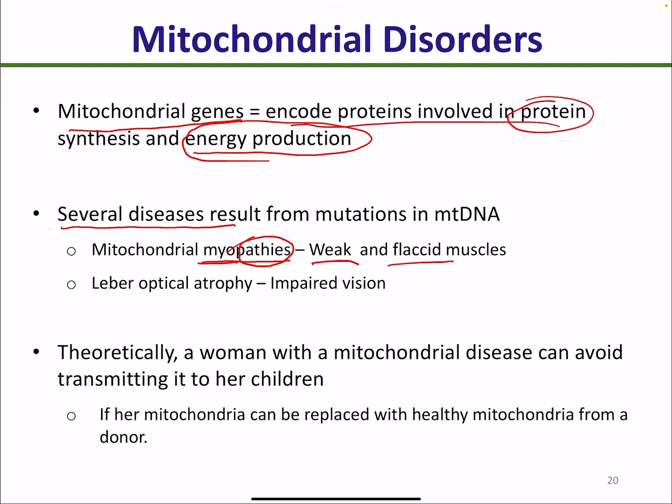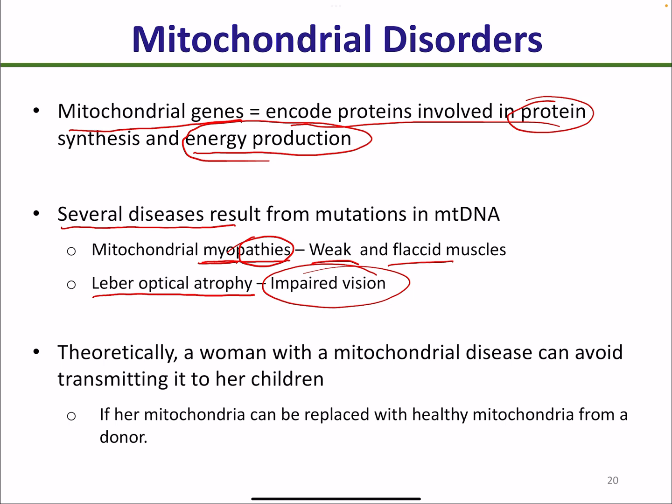They are flaccid because the mitochondria are not producing the energy that is needed to sustain the tonicity of the muscles. Another example of mitochondrial disease is Leber's optic atrophy, where the individual is going to have an impaired vision,